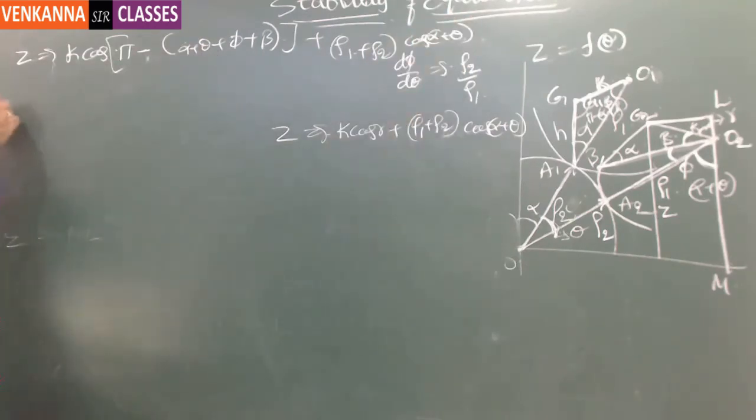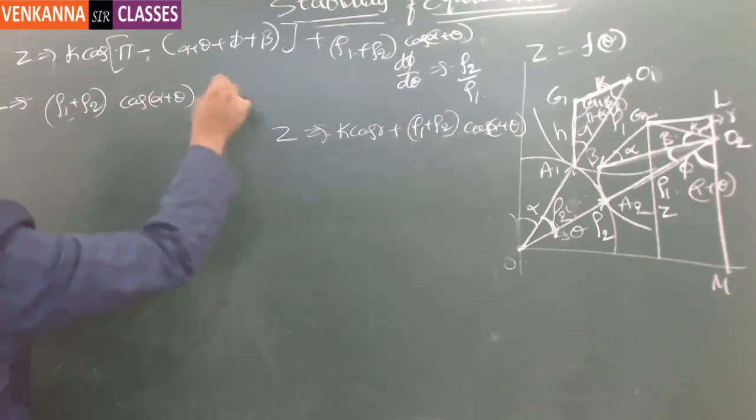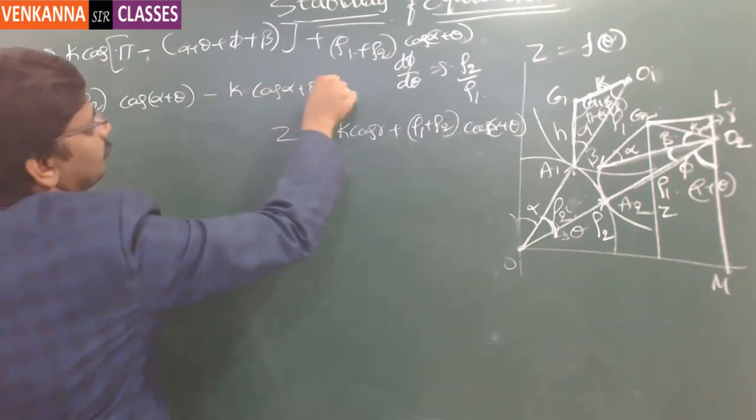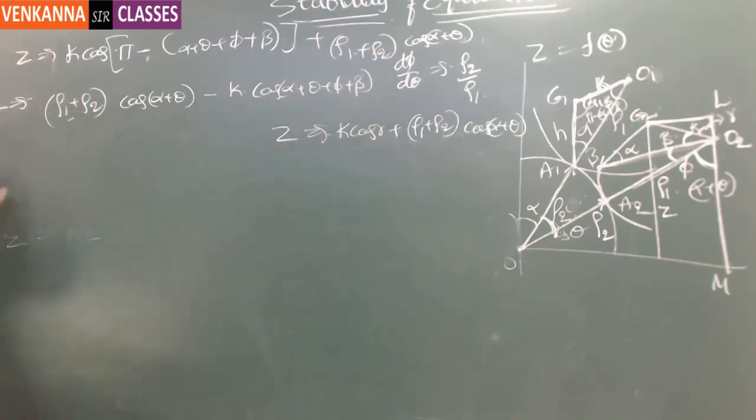Now further simplification of this. So cos 180 minus theta is minus cos theta. So z equals rho 1 plus rho 2 times cos alpha plus theta minus k times cos alpha plus theta plus phi plus beta. Now if you take the derivative of it with respect to theta,